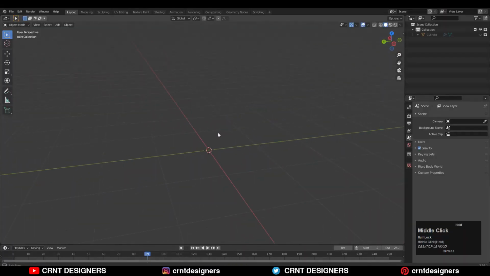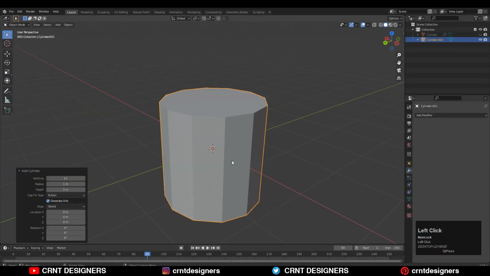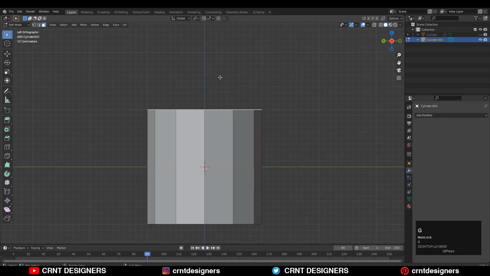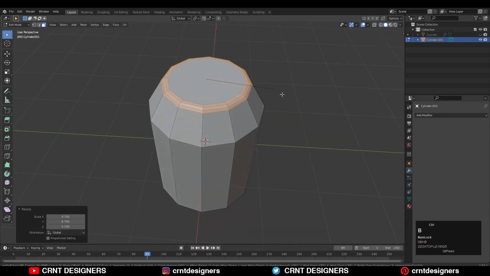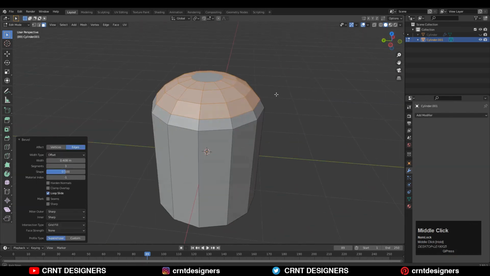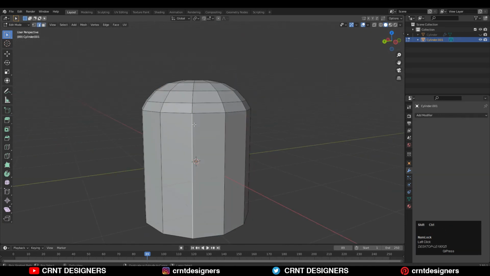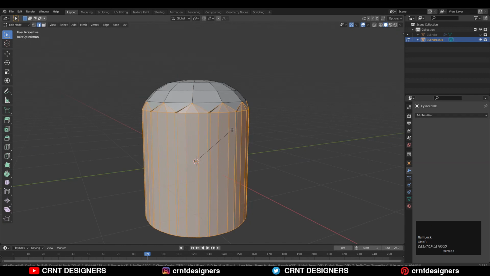To make a design, you need to add a cylinder and we will go with the 12 vertices. Go to the edit mode, select the top face and E to extrude it and move it along the Z axis. Then scale it down and then add a bevel on it. So just add a bevel with 3 segments and give the proper bevel width for it. Then select these edges. So shift Ctrl Alt select and then add a bevel on these edges, like this with the Ctrl B.